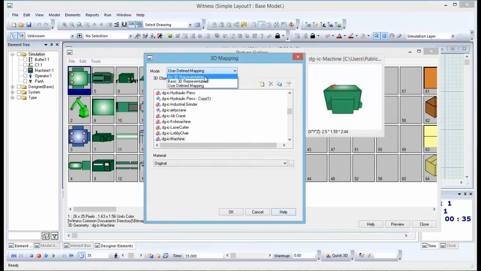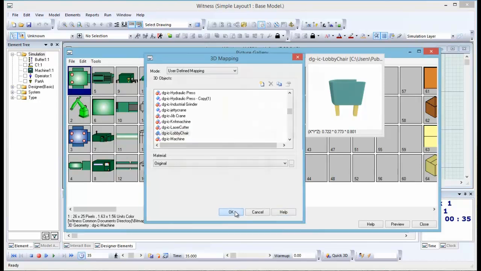We can always choose to have no 3D representation, the basic 3D representation for the type of shape that it's representing, or the user-defined mapping. So if we want it to be a different basic machine for the basic machine icon, if we wanted to say, for example, just use a lobby chair for each of those machines, we could select that